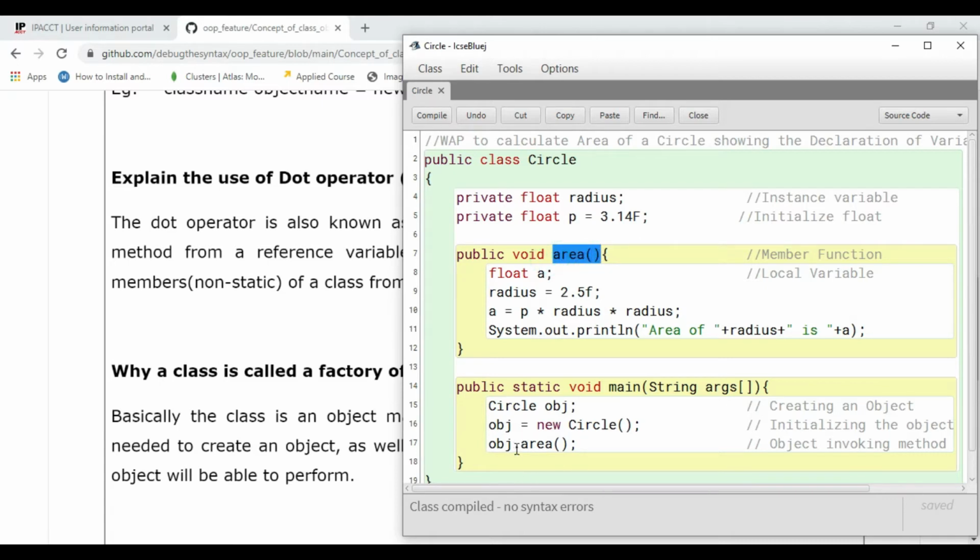So with the help of this dot operator, for the time being we are accessing the function. We can also access variables as well, that I will show you in the coming video when I will be making a static variable, a class type variable, and then we will be using this dot operator. At least in this program, try to understand that with the help of this dot operator, this object is calling the function, the method. That is what it's saying.